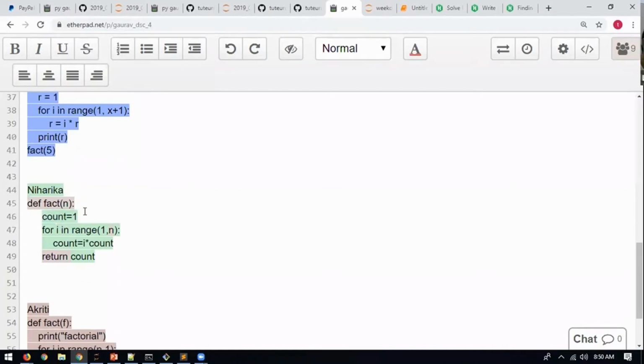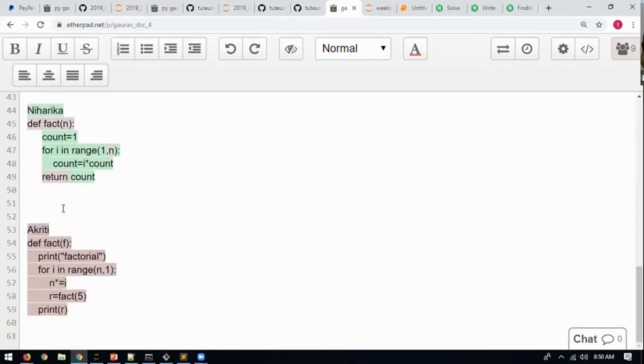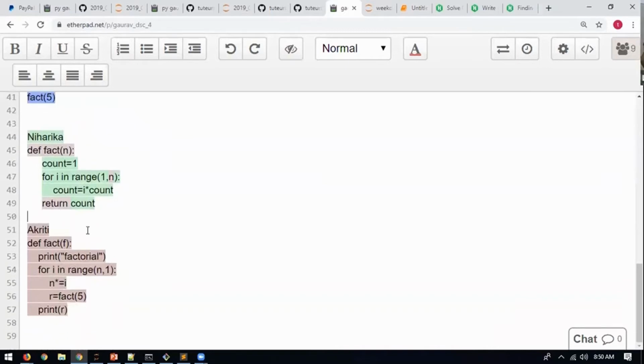Here, no. When you say for i in range 1 comma n, i starts from 1. First time it will multiply, and count's value should not be 0 here. When we were finding the sum of numbers, we were taking it 0. In case of product, we have to set it to 1. Then we multiply it again and again till we reach n, and then we return this value of count. All right, fine. So that's how you can write.